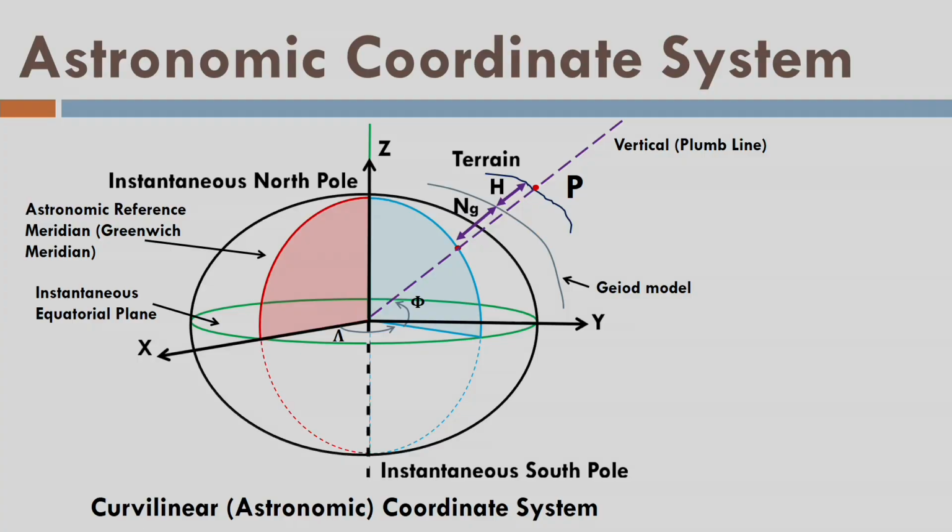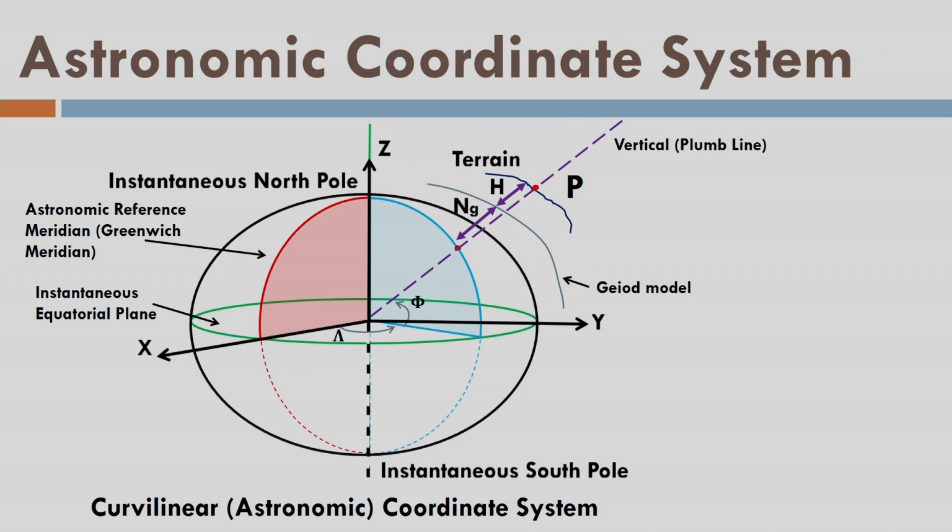And since there was a problem that we did not have any global reference, they used to fix some stations called Laplace stations. On those Laplace stations they used to perform astronomical observations, and using those observations they used to bring the whole network of points into the global reference frame. They used to assume that the ellipsoid at one place in that region is matching with the geoid. That means the surface of the Earth and the ellipsoid are matching at a certain point, and with this idea they used to work around.